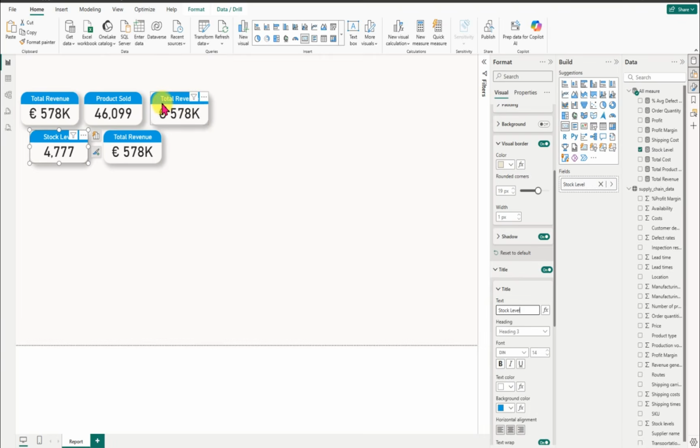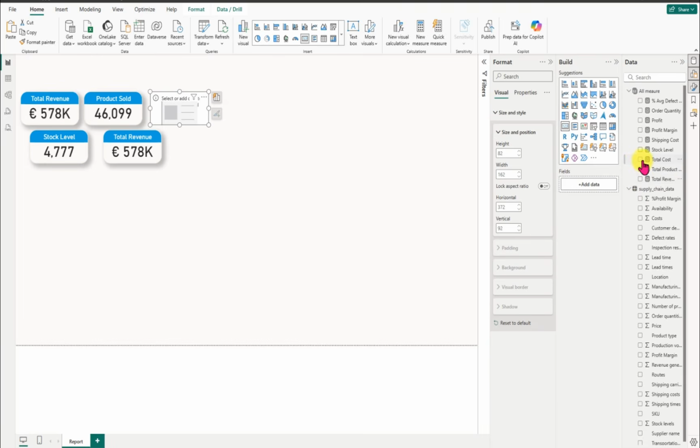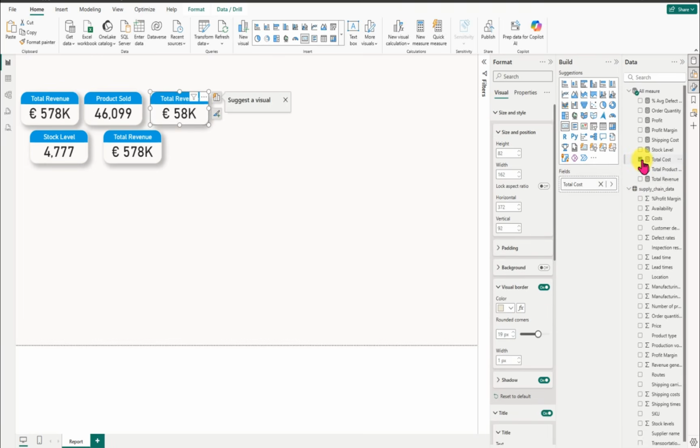Oh, there's something I needed to do. So this is going to give me total cost. So I'm going to remove this, and I'm going to put total cost there. So the total cost, we have 58,000. That is actually good. Then I'm coming to the last but not the least here. I'm still going to make this closer here a bit. The last but not the least,